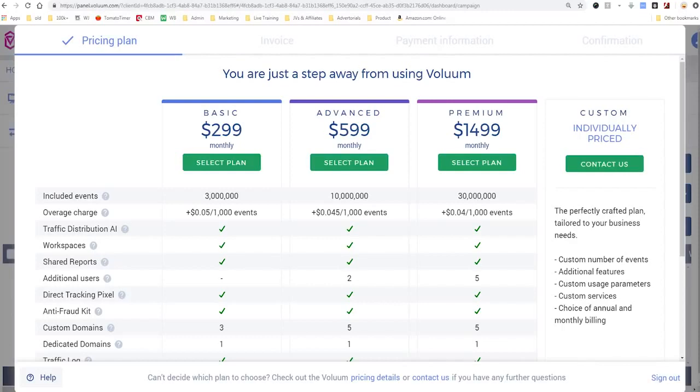Now, included events, what this means is clicks, okay? How many events are being tracked, such as clicks and conversions. Most of you are not going to be sending more than 3 million clicks per month. It's a lot of clicks. And you've got to be doing some pretty hefty volume, that's why it's called Volume, to do more than 3 million